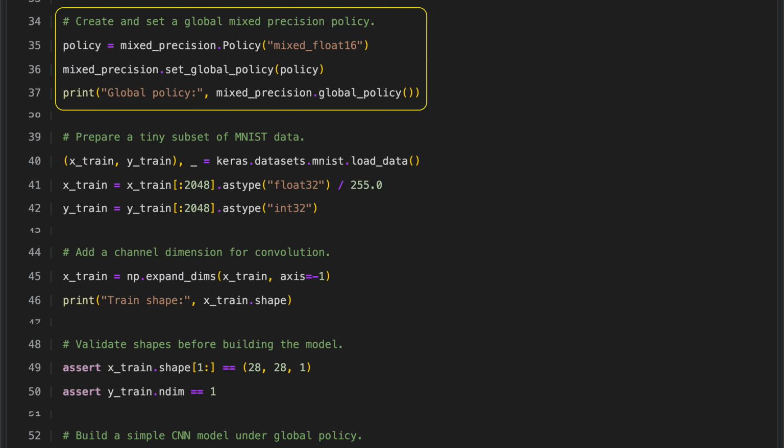We start by creating a mixed precision policy in TensorFlow that uses mixed float 16, which combines 16-bit and 32-bit floating point numbers to improve performance on supported hardware. We then set this as the global policy, so it automatically applies to all layers and models created afterward. Finally, we print the current global policy to confirm it is active, ensuring the model will use mixed precision during